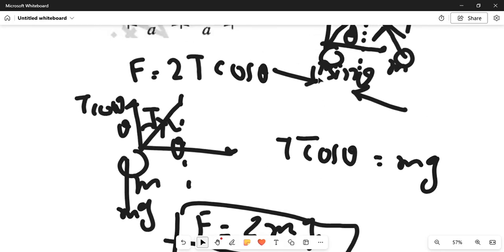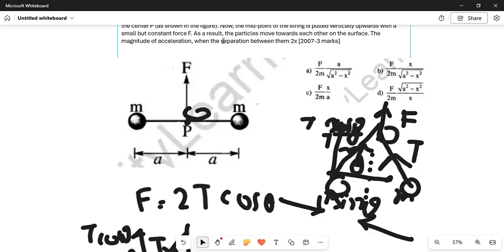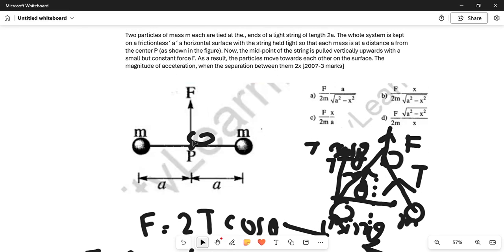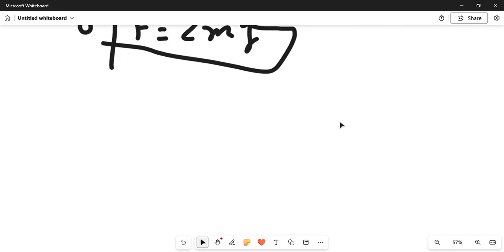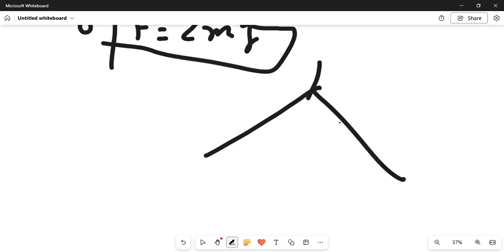Then what has to be done? The question is, as a result, when pulled at this point P with a force F vertically upward, the particles move towards each other. I have to find the magnitude of acceleration when the separation between them is 2x. When this situation is happening, this is F,